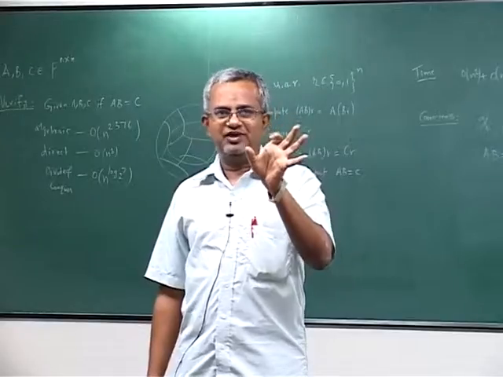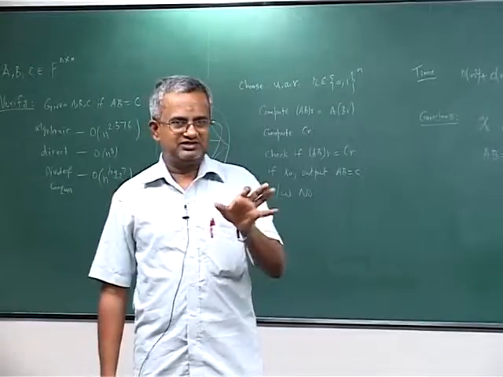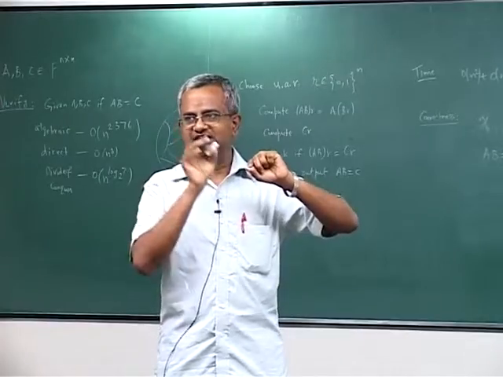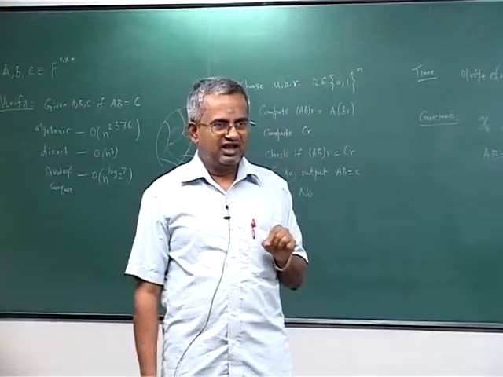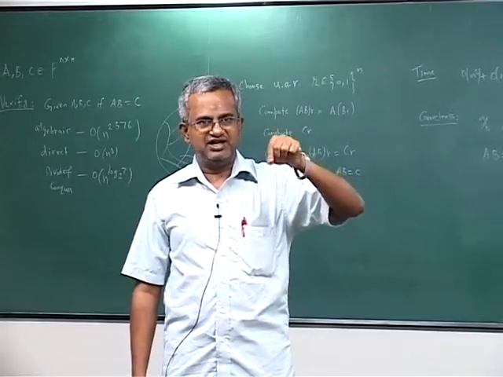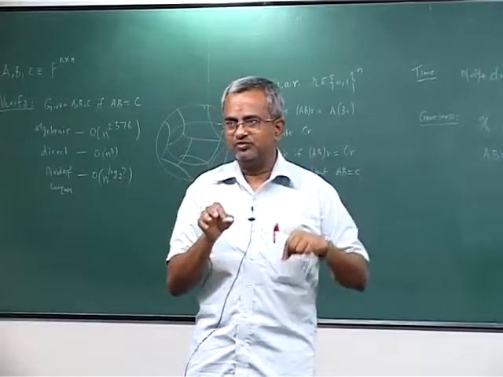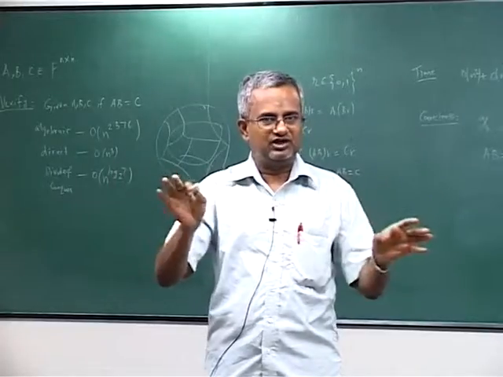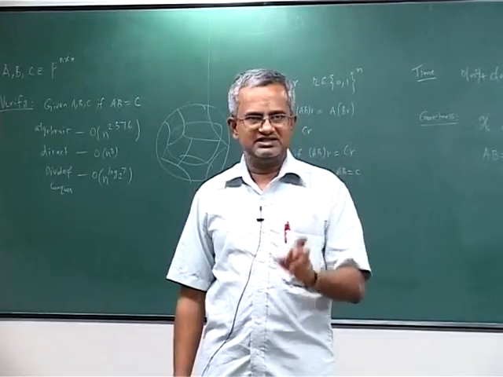You have to be a little more formal. This is not formal enough, but you know how you have to be very formal in this. So what you do is you take any deterministic algorithm, then you know that the first entry that it is going to look at is always going to be fixed, some deterministic choice, and depending on the outcome of the equality test it performs there, it is going to look at something else. In any case, you do not look at more than n by 2. Whatever it looks at, the remaining entries it has not looked at, you can fill up as you like. That is the more formal, rigorous version.